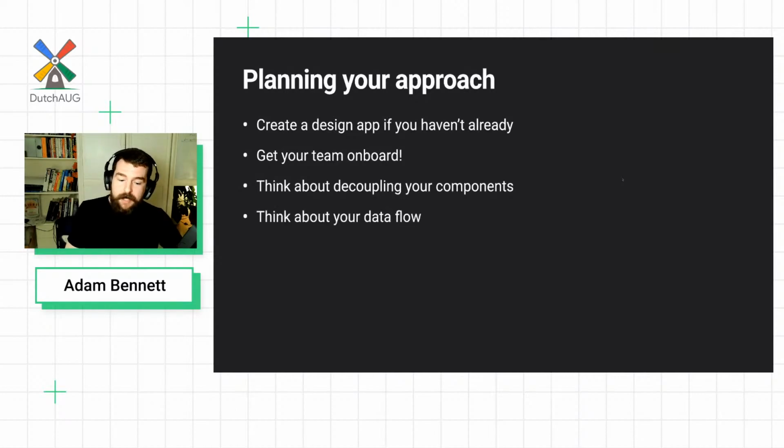Think about your data flow. So Jetpack Compose pushes you towards a unidirectional data flow. And it's worth considering how difficult is this going to be for you to manage. If you're already using MVI, you're going to find it a breeze. If you're using MVP or something along those lines, you might find it's a little bit clunky. And you don't really want to start creating a ton of composables and then get to the actual integration phase and go, actually, this is quite clunky. I don't really know how to hook these things up. Can you create an adapter layer in the meantime? Would that be enough? So it was one of the things you want to think about.